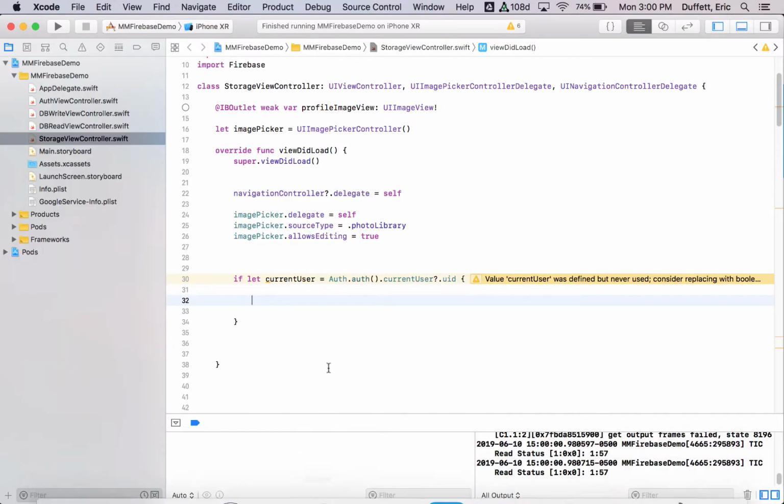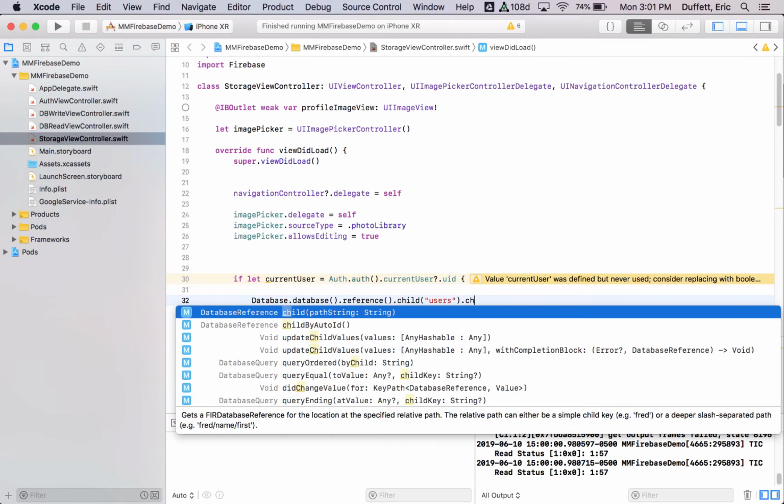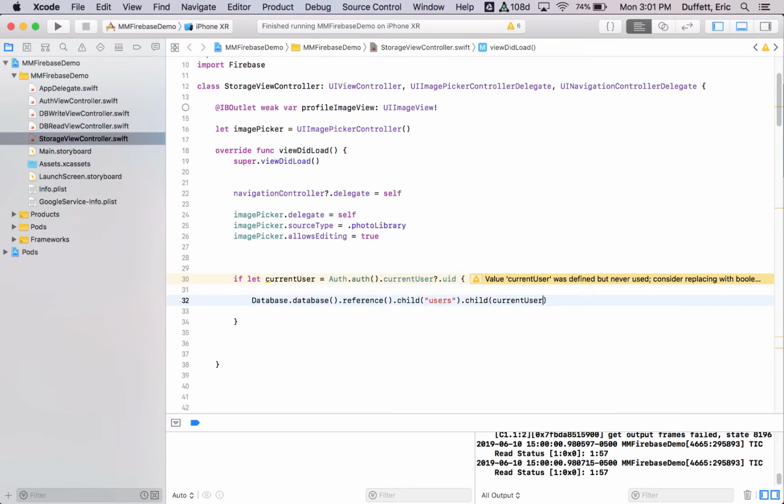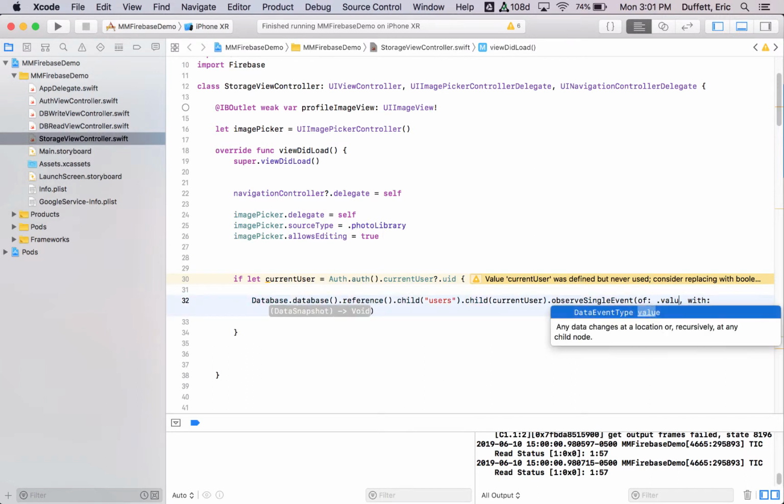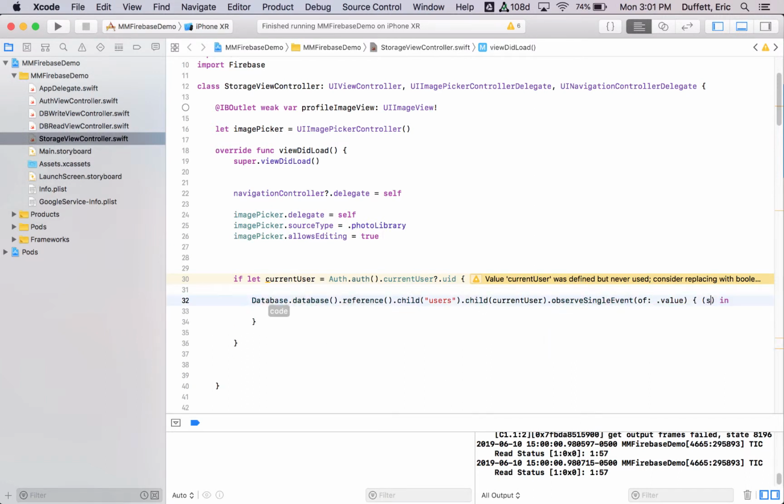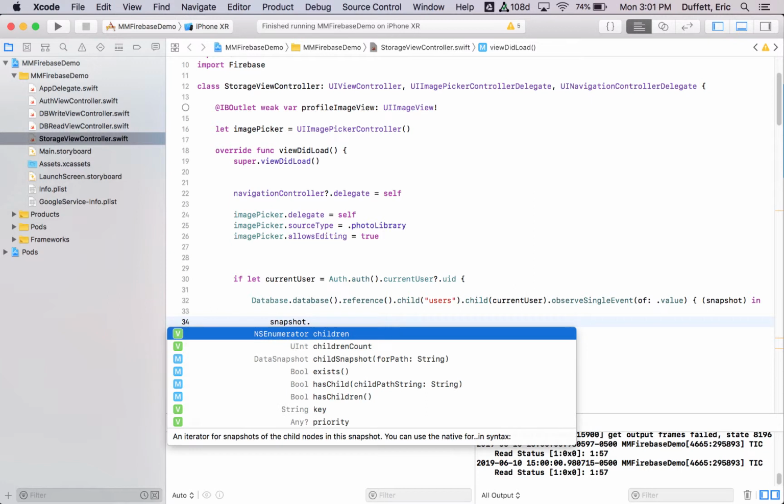So let's observe that. So we can do Database.database.ref.child, and this was under users. Next child is current user, and then we can observe single event of type .value. This will be a snapshot. And we want to observe the snapshot dot